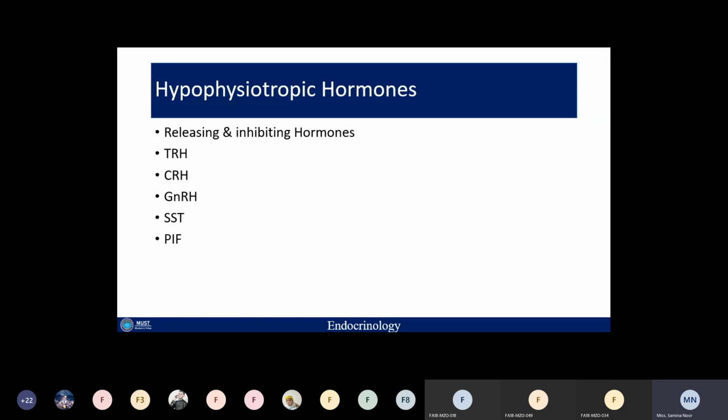One is known as somatostatin. तो somatostatin जो है वो ग्रोथ हार्मोन्स को इनहिबिट करने के लिए हाइपोथैलेमस से रिलीज होता है. सो जो सोमैटोस्टैटिन का फंक्शन है वो क्या है? To inhibit the secretion of growth hormone from somatotrophs. And the second is known as PIF, or the prolactin inhibiting factor. So this factor is a key factor to inhibit the secretion of prolactin from mammotrophs, or the lactotrophs, of the pituitary gland.